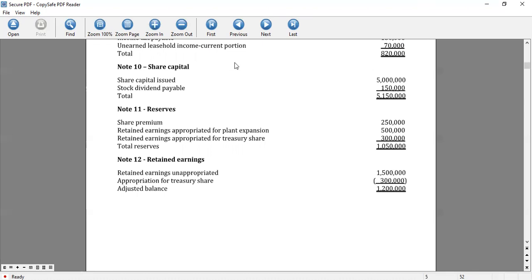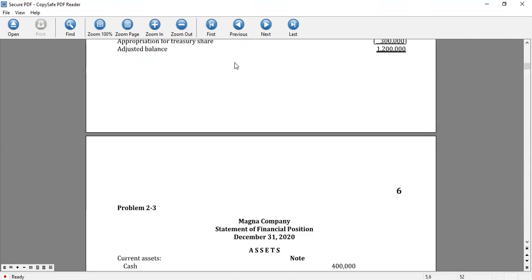treasury stock, credit cash. Second entry is to debit retained earnings or the unappropriated retained earnings for the amount of 300,000, and credit retained earnings appropriation for treasury share. So finally, it's deducted. So the adjusted balance of retained earnings is only 1.2 million. Okay, so meaning we have prepared a properly classified